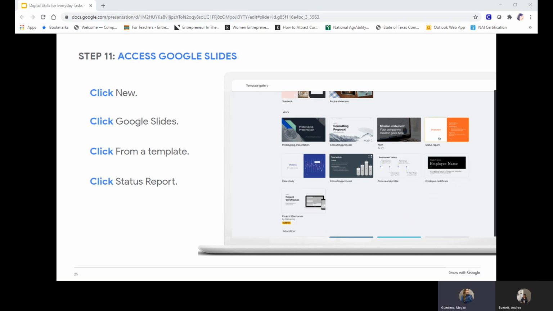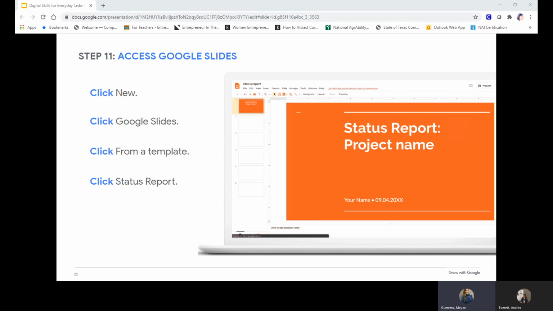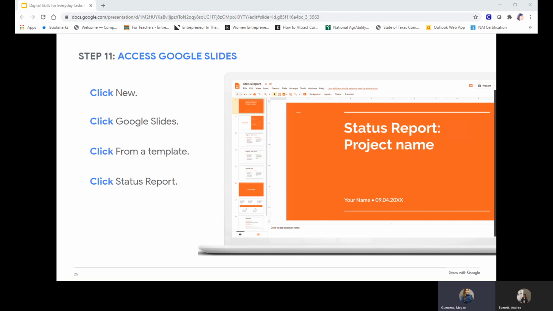You can find options for all kinds of presentations you want to give, like presenting your research at a professional conference, delivering a sales pitch, or teaching a lesson. Open the template you want to use. We'll start with the status report template and build an example project for updating an organization on all the work you've gotten done from home.